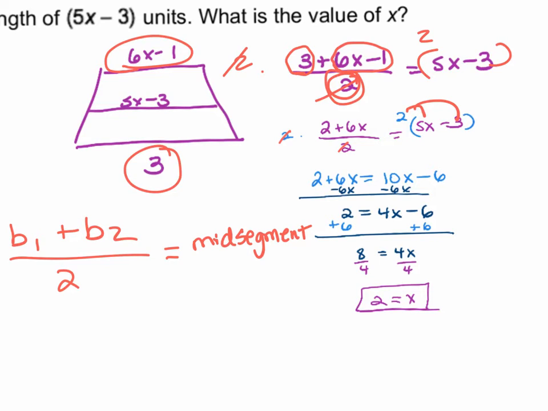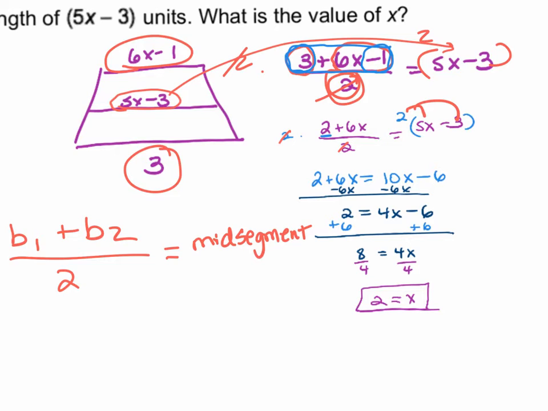How is it -3, and then how did you get 2 plus 6x? So the -3 comes from here. That's your mid segment. How did I get 2 plus 6x? I took these and combined my like terms. So I did 3 minus 1, and it gives you 2. Okay,